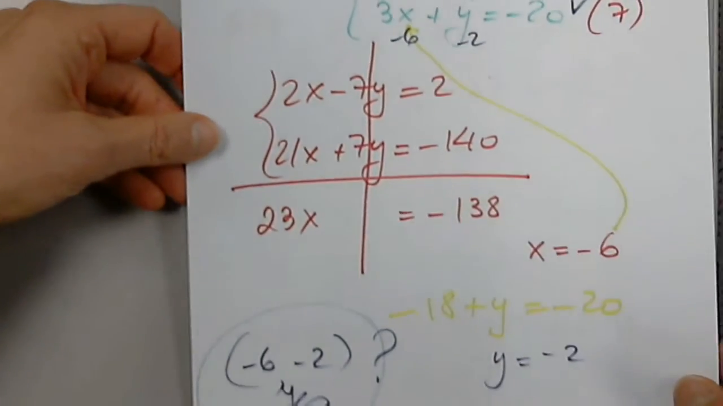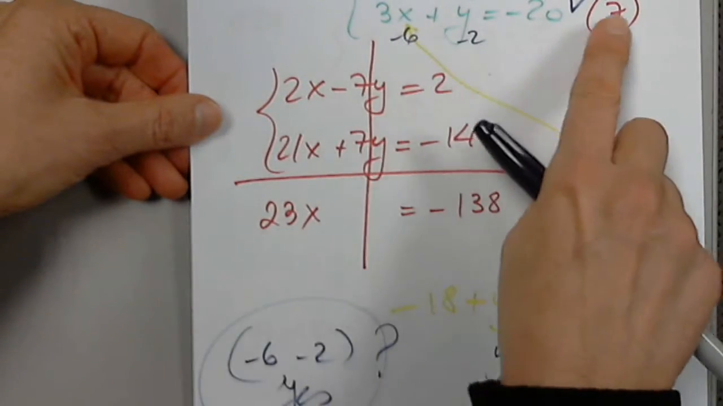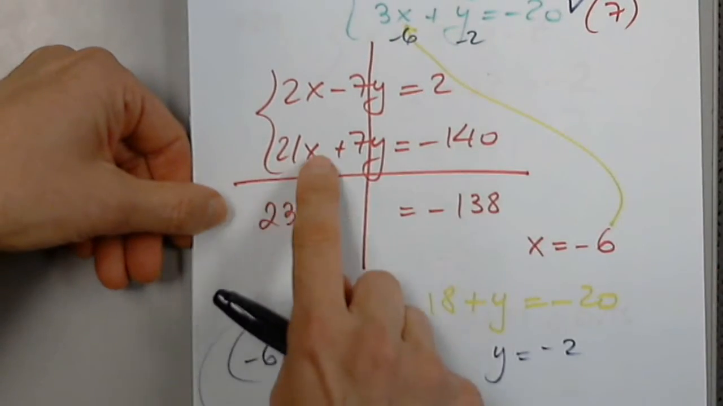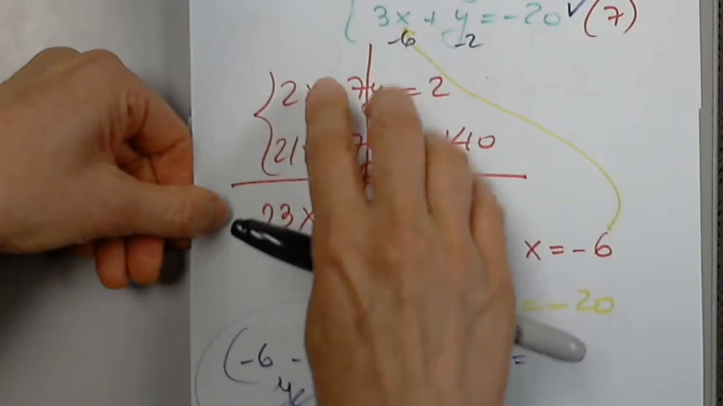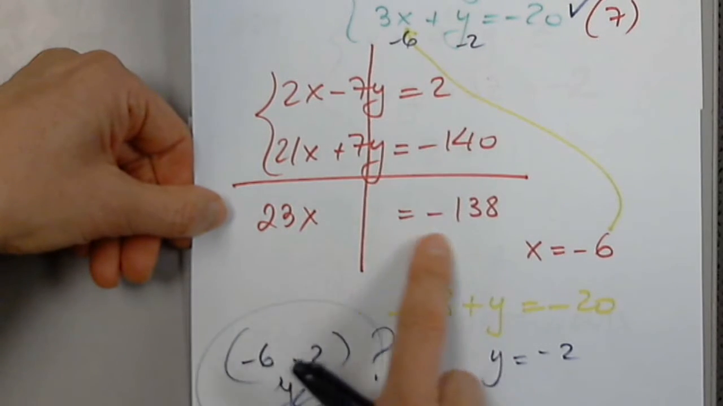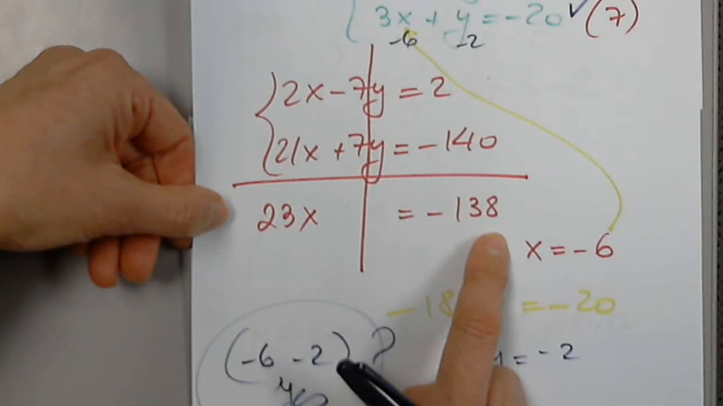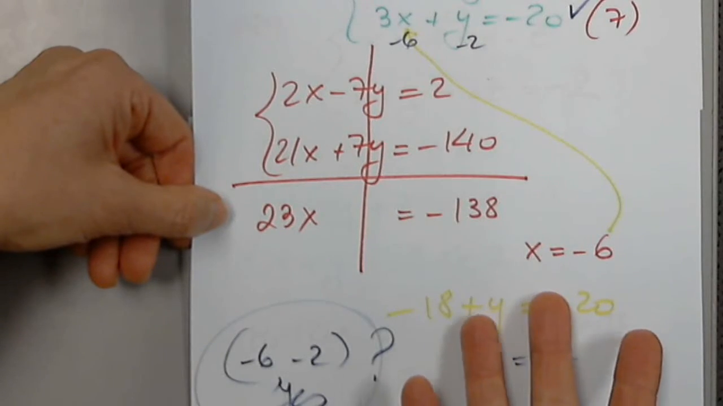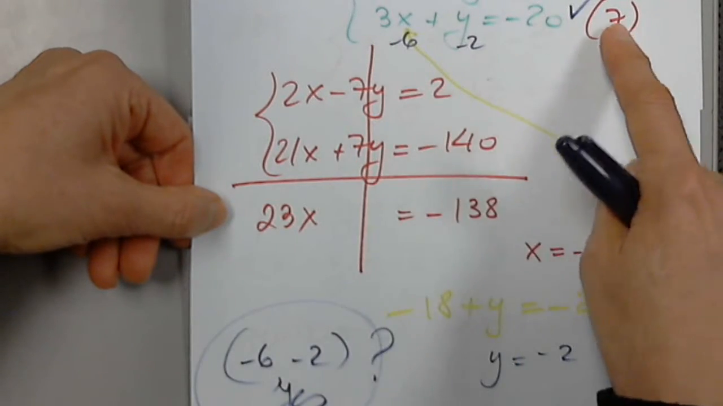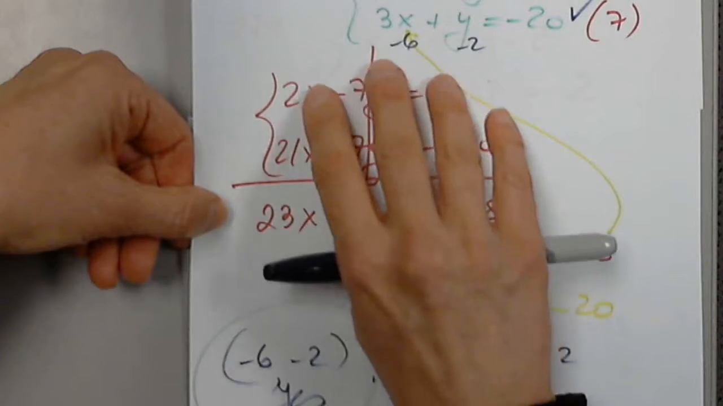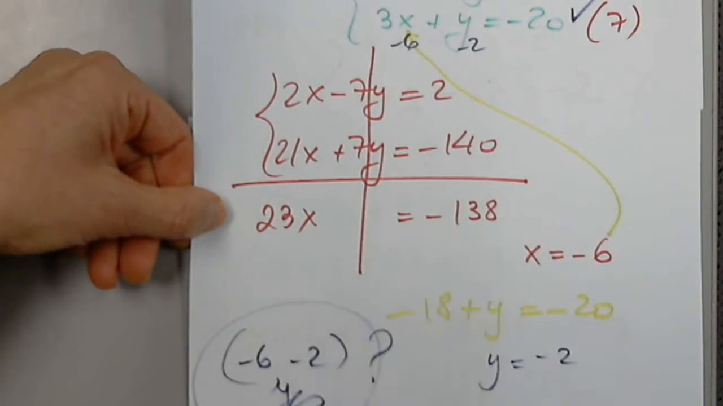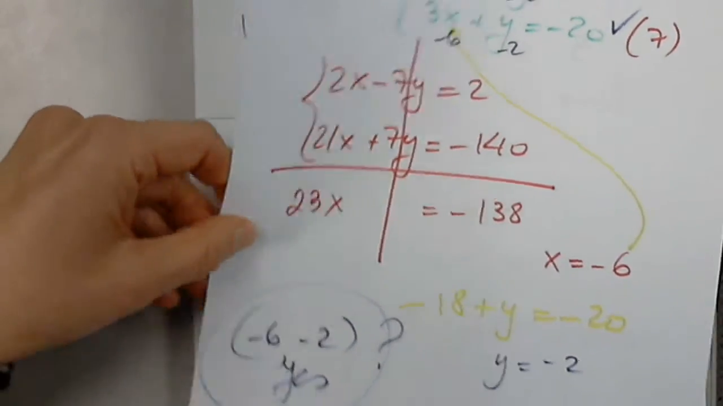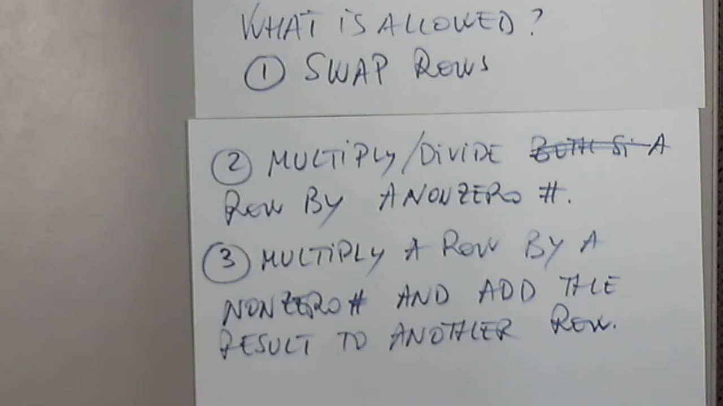Here's what we did. We multiplied this row by 7, and after we multiplied it by 7, we added it to this row, and we got this. That's exactly what we did. We multiplied both sides by 7, and we added everything corresponding to this row, and we got this. Okay, ready? Okay, now,